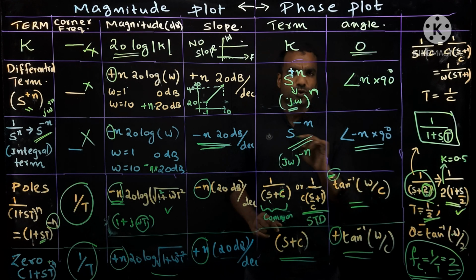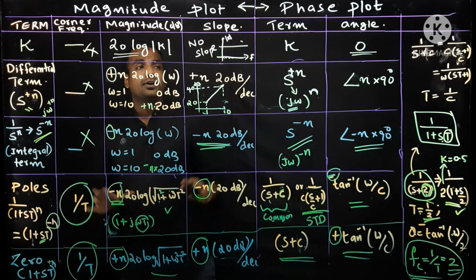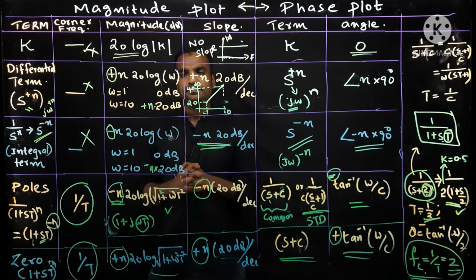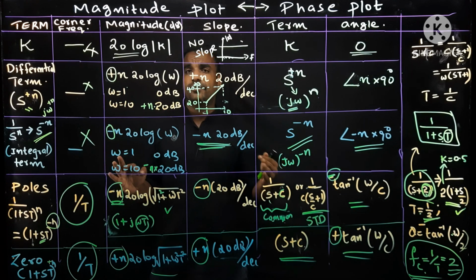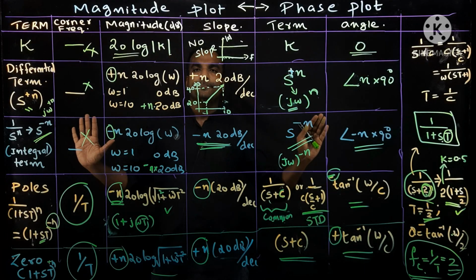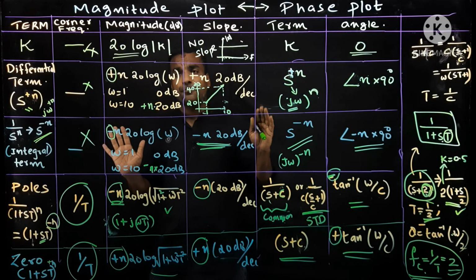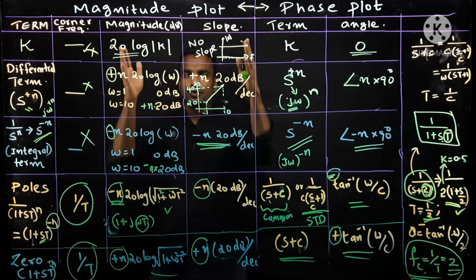Omega you have to put while drawing the equation, omega 1, omega 2, omega 3. To plot that thing, you have to vary this omega. So this is the basic thing you have to learn for drawing the phase plot and magnitude plot. Then you can draw the Bode plot very easily. I know you may have many doubts regarding this, but all of these doubts will be cleared while solving the problem. So initially you have to learn these things by heart. That is the one and only way to do it easily. Otherwise you will take a large time, or it will be a tedious process to draw the Bode plot. So you have to learn these things.